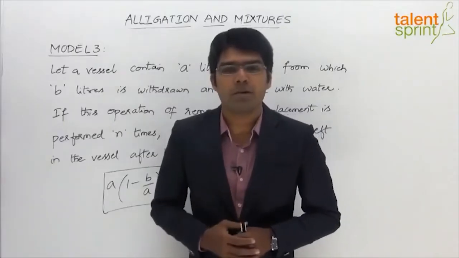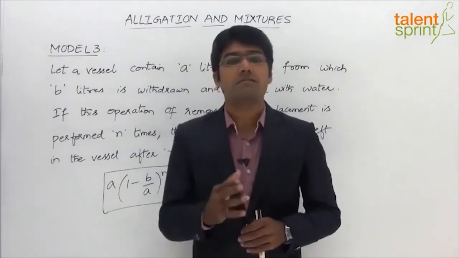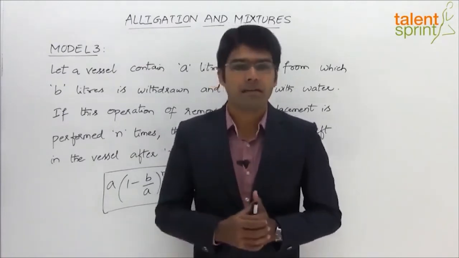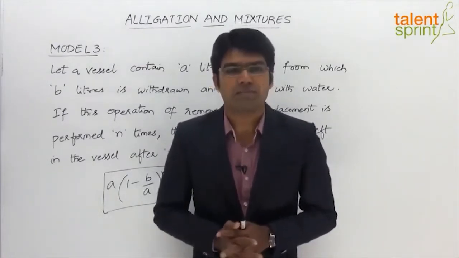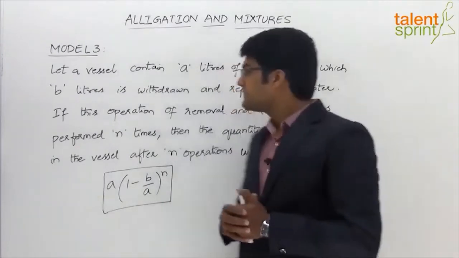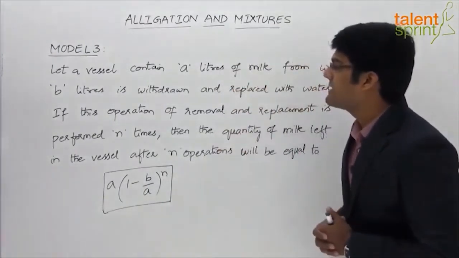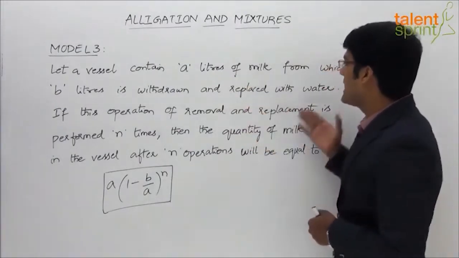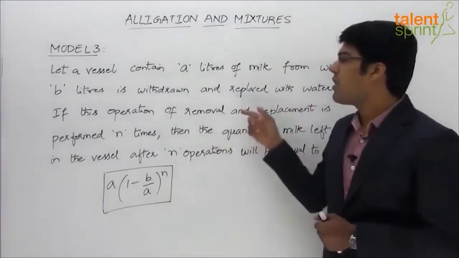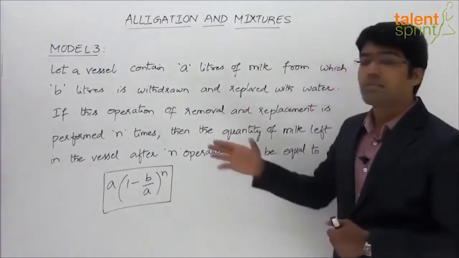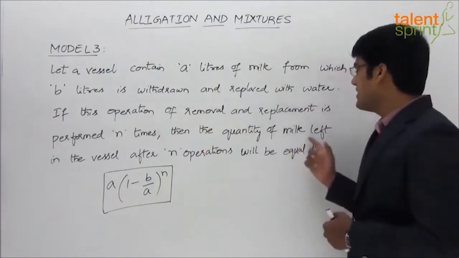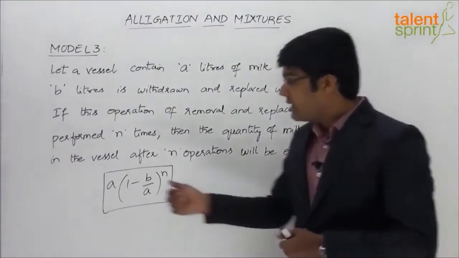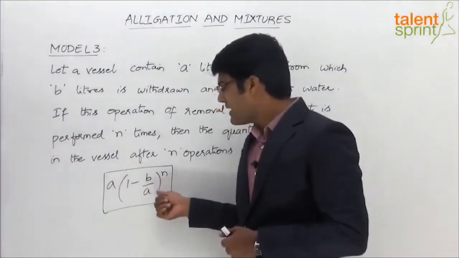Let us now take the third model from the topic of alligations and mixtures, which is based on the concept of removal and replacement of a given liquid with some other liquid for a given number of operations. Let's understand the statement first. The statement here is, let a vessel contain A liters of milk from which B liters is withdrawn and replaced with water. If this operation of removal and replacement is performed n times, then the quantity of milk left